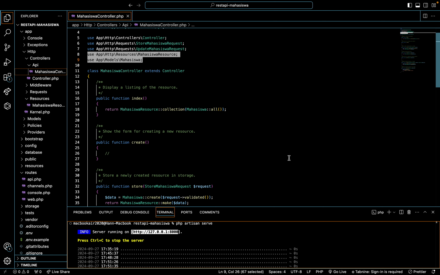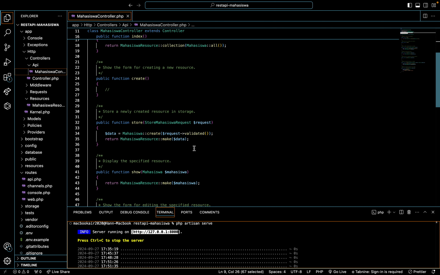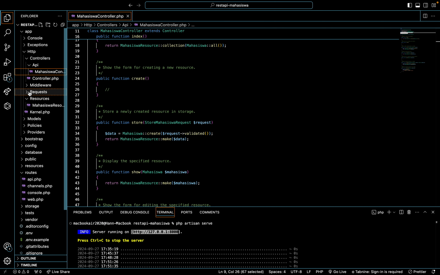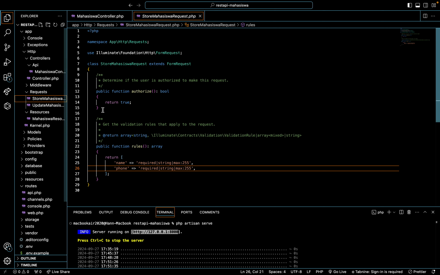We will try adding data to the database. Okay, we will go to mahasiswa request first, store mahasiswa, return.